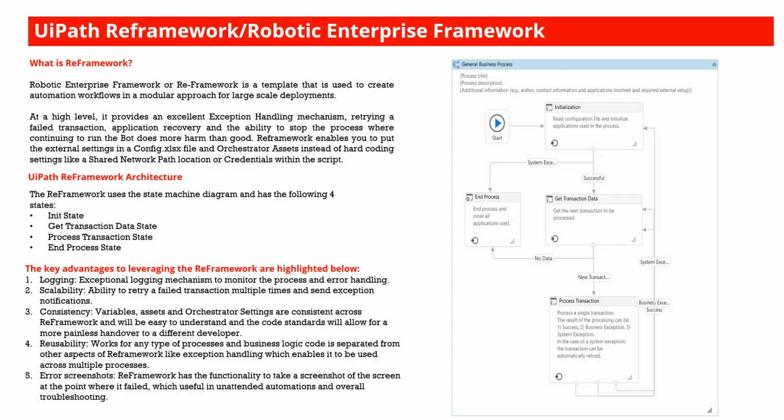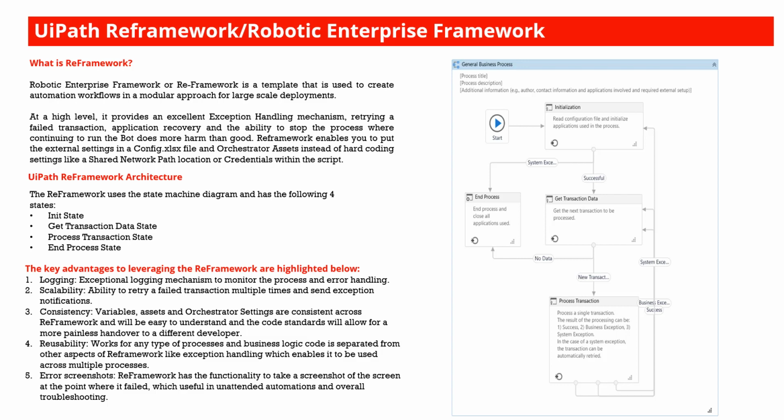Then you have the get transaction state. So in the get transaction state, what could be the scenario? We could have 2 scenarios. You have data or you don't have data, right? So if you have data, you have to process that, right? Whenever there is new transaction data, that is a new transition. When you have new transaction data, you will process that into the applications using the business logic. Or if you have no data, you will stop the bot again.